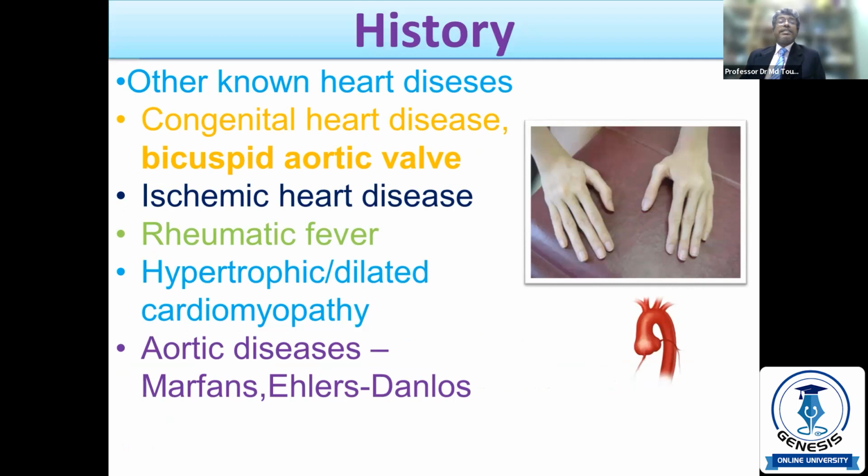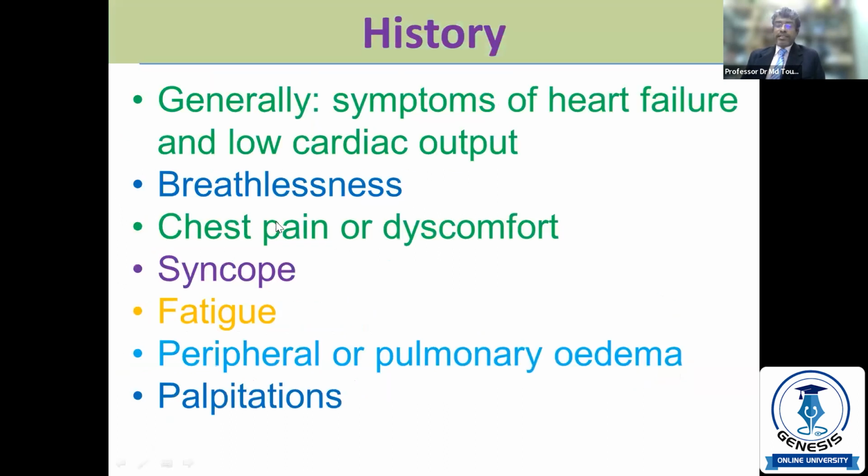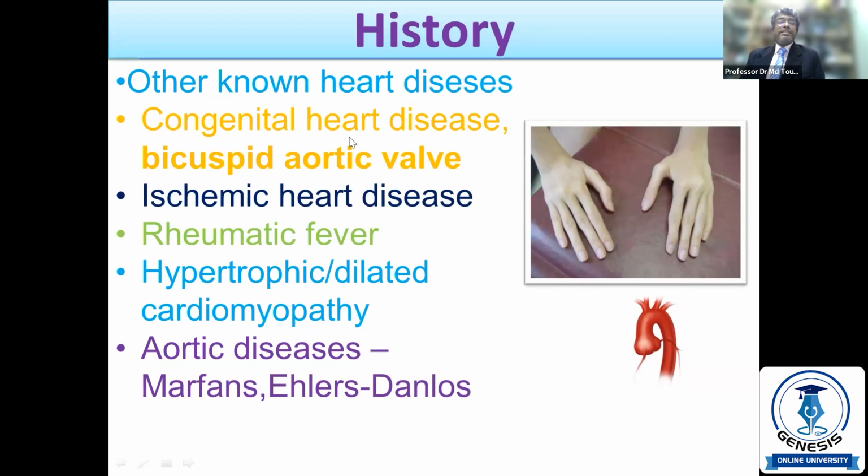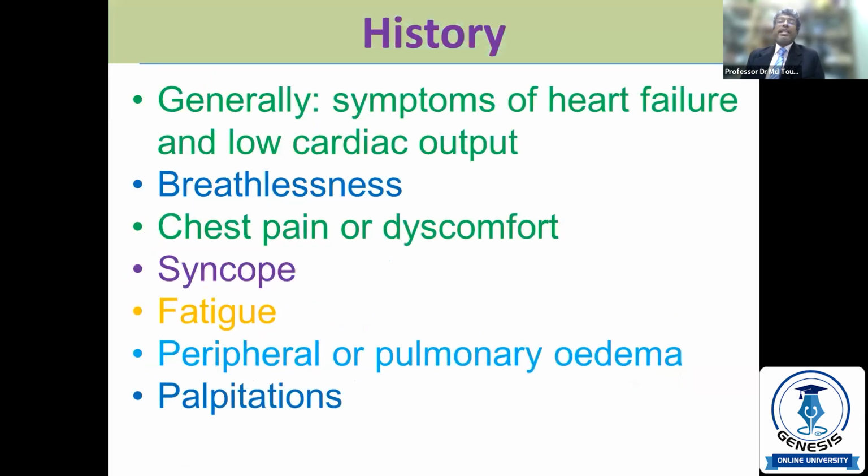We have already discussed the causes of valvular heart disease. Congenital heart disease, especially bicuspid aortic valve, is common. There may be ischemic heart disease that may lead to valvular heart disease. There is rheumatic fever, hypertrophic cardiomyopathy, or aortic disease like Marfan syndrome or Ehlers-Danlos syndrome that can lead to valvular heart disease. So what are the